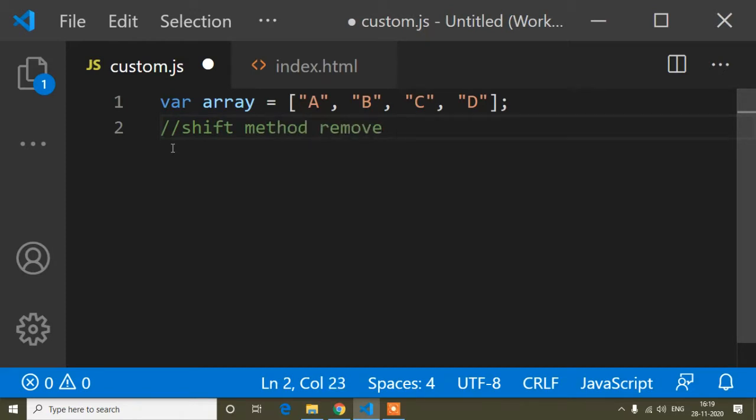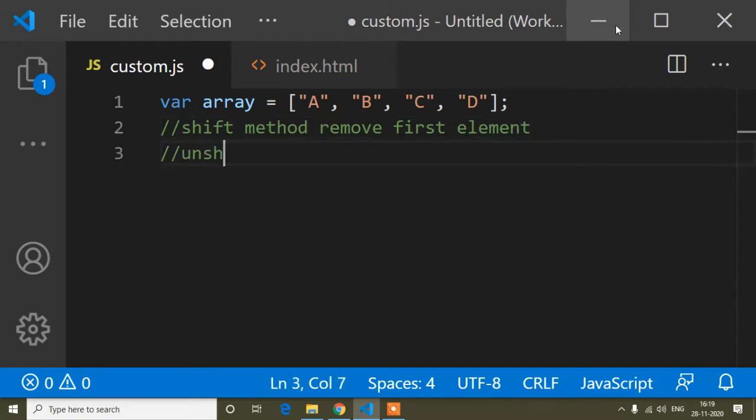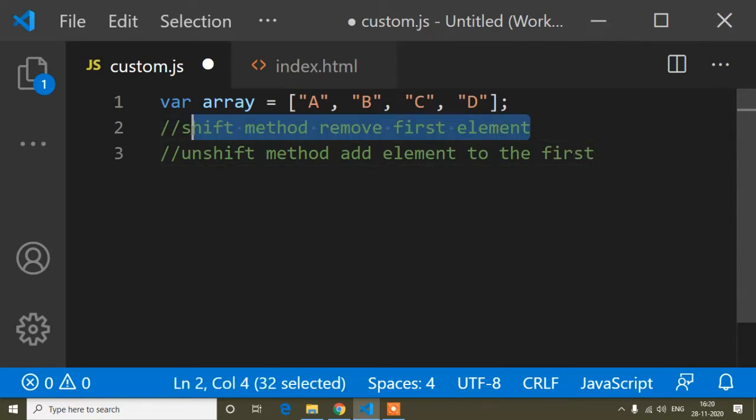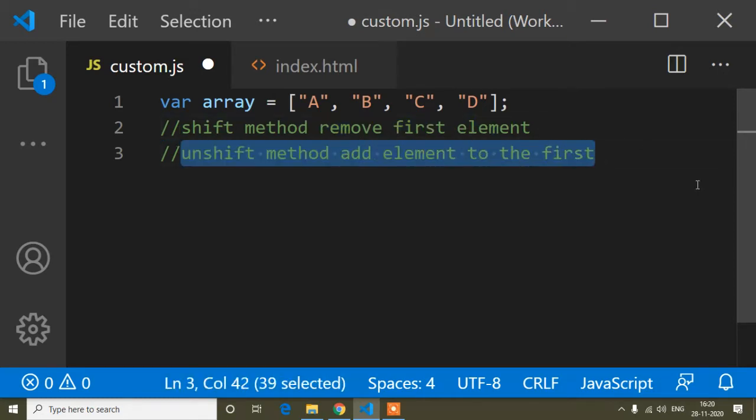So if I write here in the comment, shift method removes first element, okay, but unshift method adds element to the first. So the difference is, now I have written the shift method removes first element, but the unshift method adds some element to the first of an array.